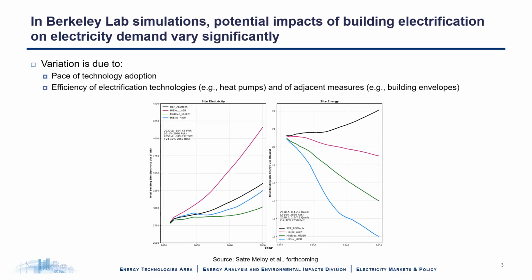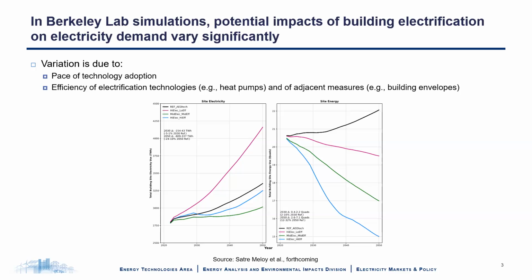One of the things that comes up for us when we do this kind of activity is that you really get a very wide range of potential impacts of building electrification on electricity load, depending on what assumptions you make going in. That variation is due to a lot of things, but two that I want to highlight are the pace of technology adoption, how fast will this happen, and also the efficiency of the adoption. How efficient are the electrification technologies you adopt? How efficient are adjacent measures like building envelopes and such that have a big role to play in controlling particularly